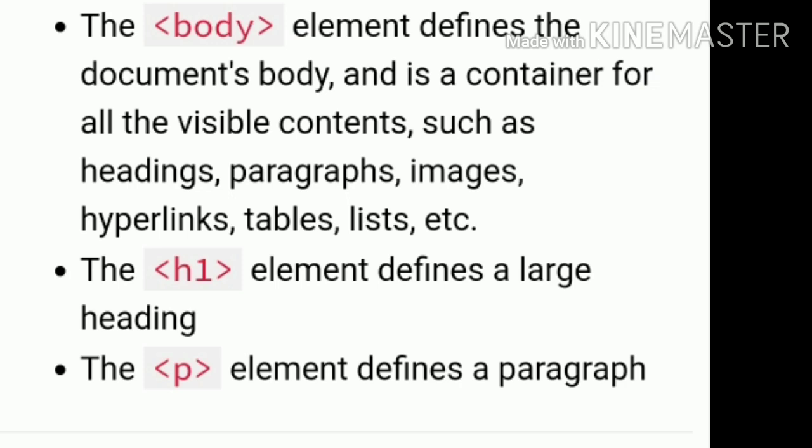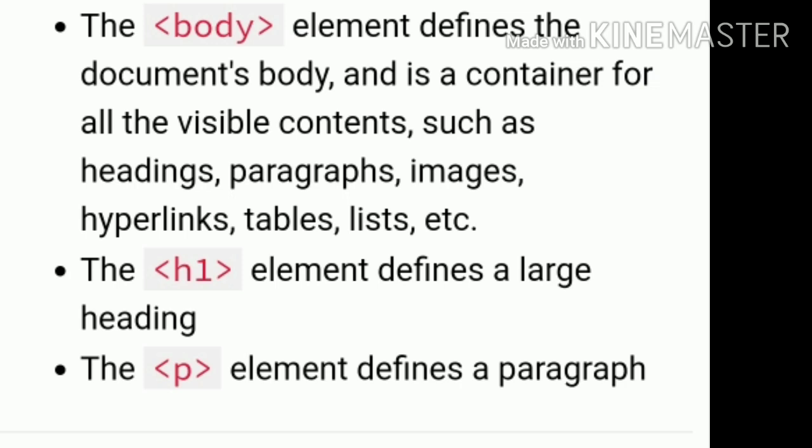After that, you have some different elements, and then you can go to the editors. What is an HTML element?